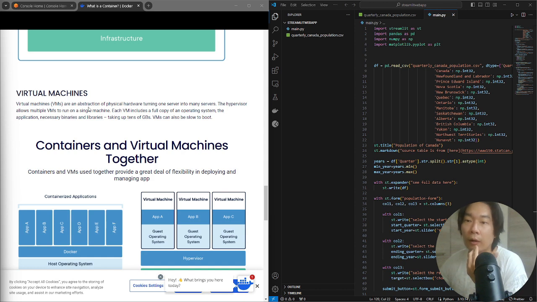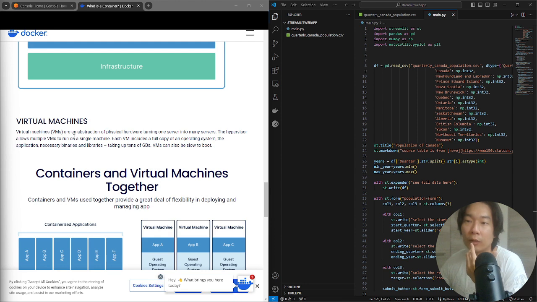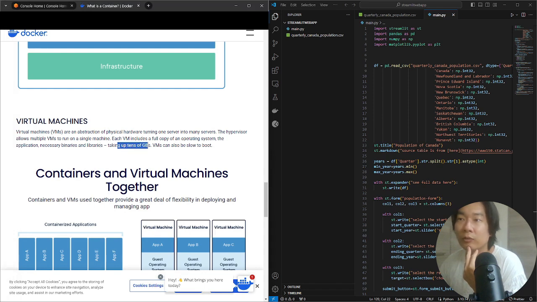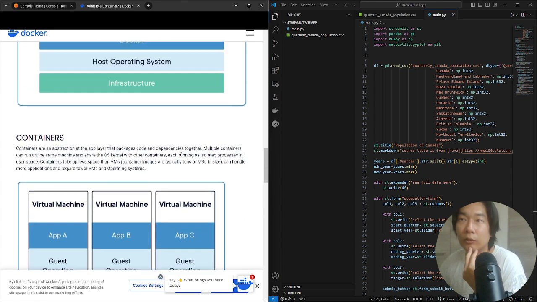Here is the official Docker document explaining the problem of traditional virtual machine app deployment. Virtual machines are an abstraction of physical hardware, turning one server into many servers. The hypervisor allows multiple VMs to run on a single machine. Each VM includes a full copy of an operating system, the application, necessary binaries and libraries, and so on, taking up tens of gigabytes. It's very heavy. And when we look at the Docker container,